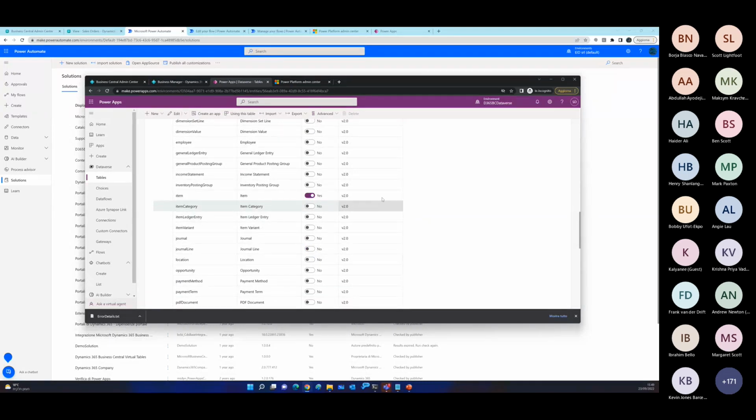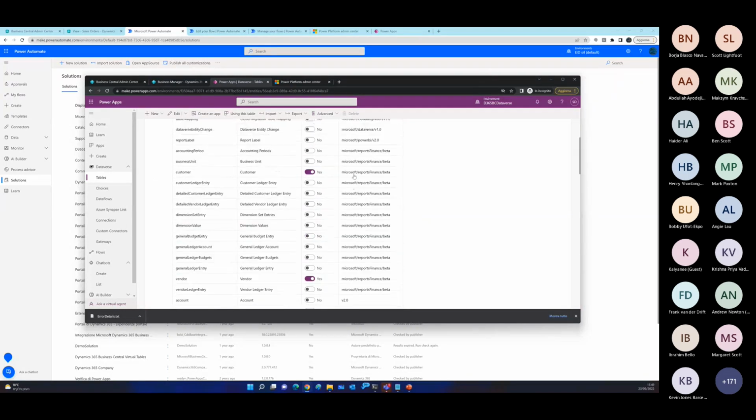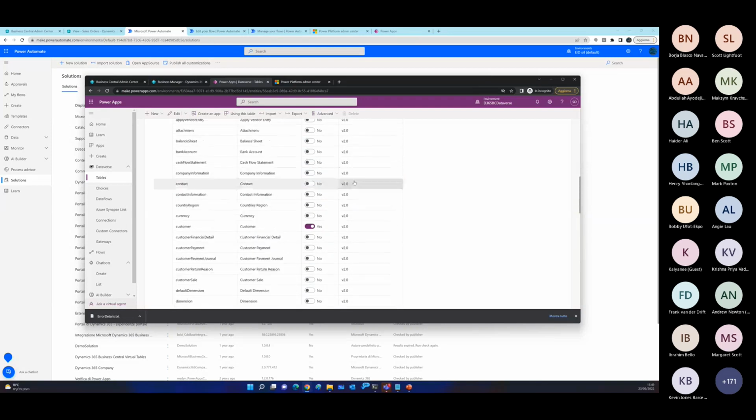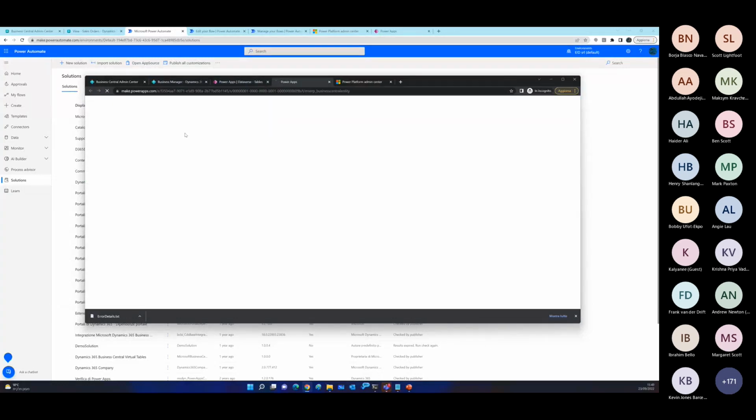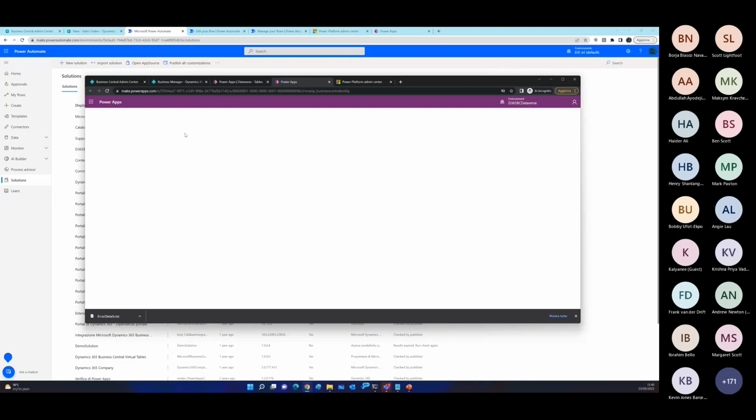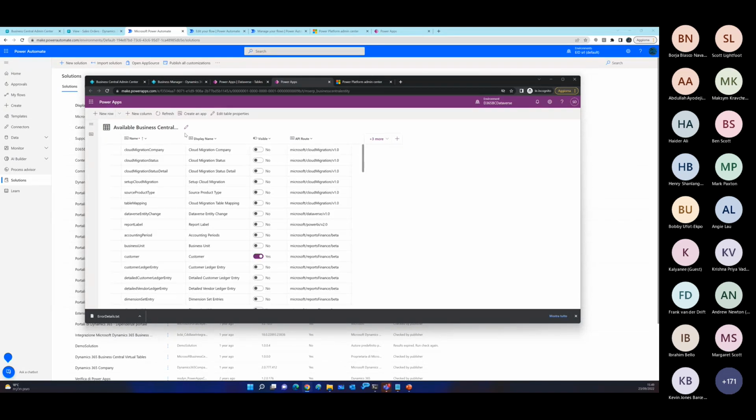What happens here? If I go, for example, I don't know, the customer, if I select edit, if I select the customer, I'm on Dataverse now. So if I select the customer,